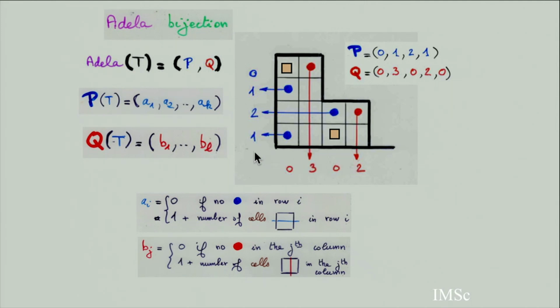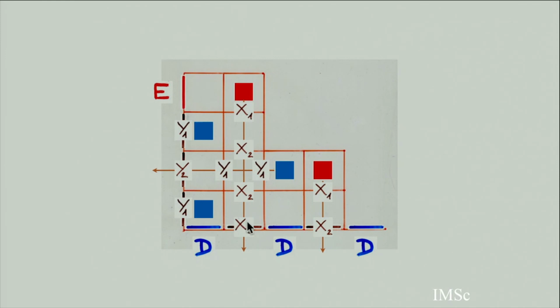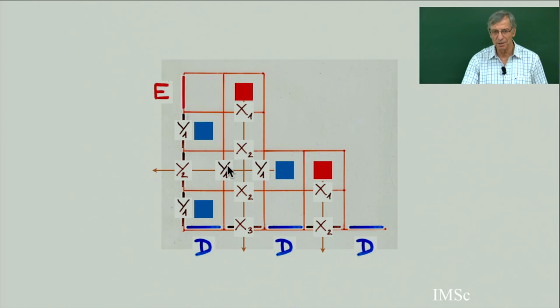So I claim that I have a bijection between alternative tableaux and such a pair of vectors P and Q with integers. And the definition of P and Q, see, it's obvious from the rewriting of the equations with the demultiplication. Each time the index in a row increases, it's because there is a single line like this. Here there is a label D on these edges. Here a label Y, an index at an index, and it increases by 1. If there is this crossing here, it does not increase.